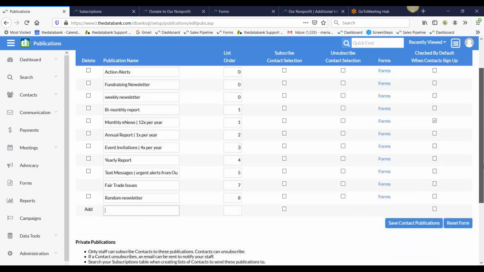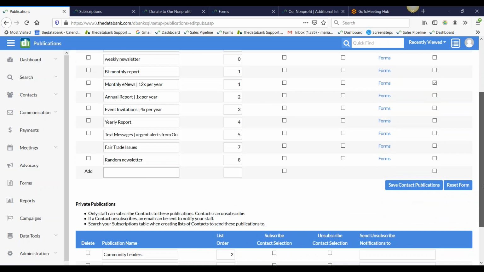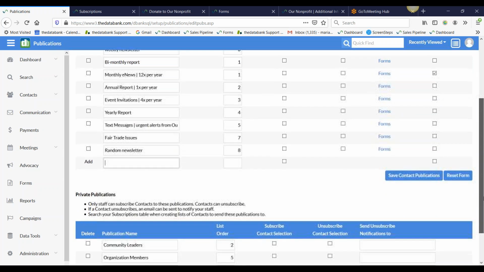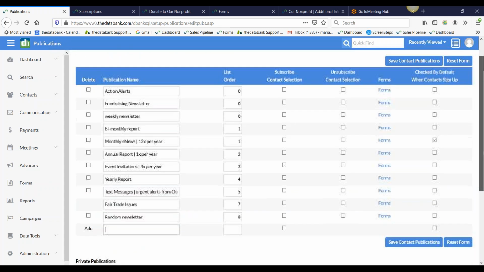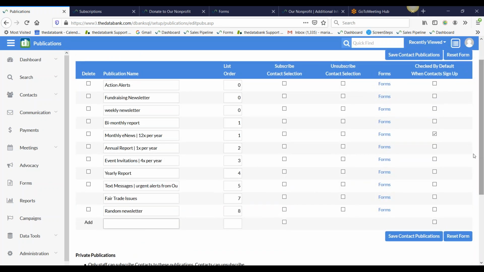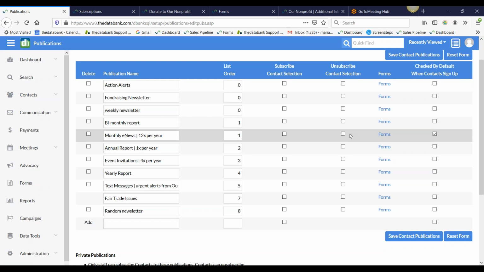So this allows us to one, add new publications, rearrange our publications order, subscribe and unsubscribe our contact selections pertaining to these publications, view which forms this publication may be associated with,